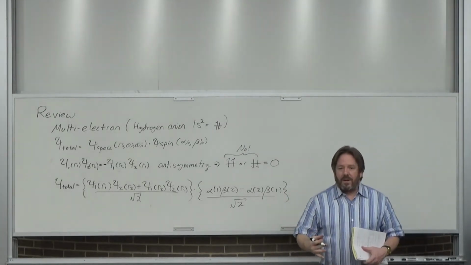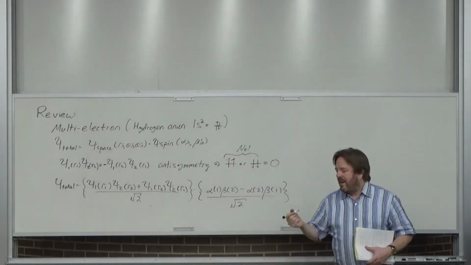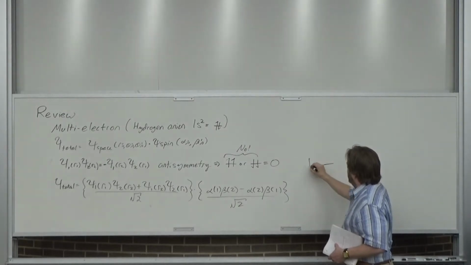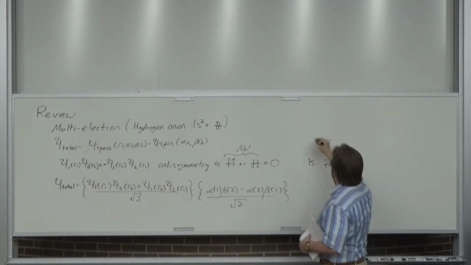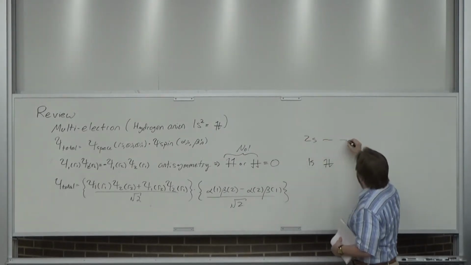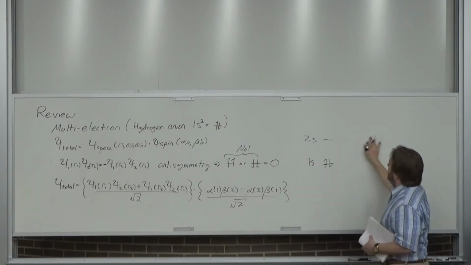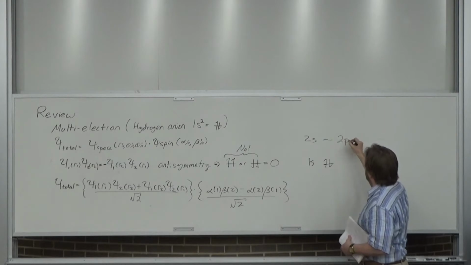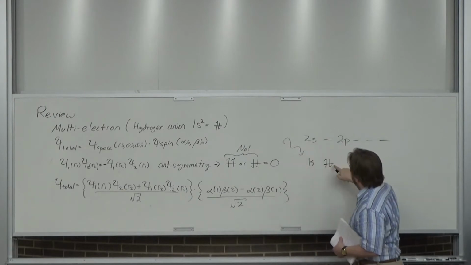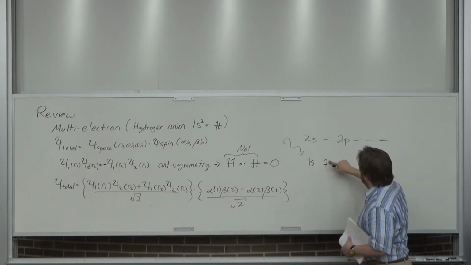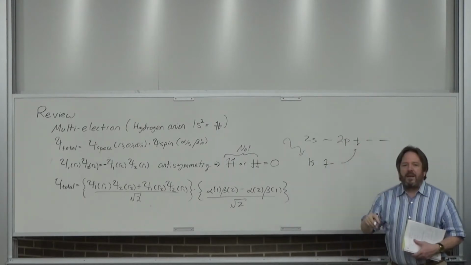Now for today's lecture, we're going to have to cover what happens when you don't have such a simple configuration. So let me give you an example. Let's say that we start in the 1s state. Again, we have a hydrogen anion, and we're going to shine light on it. Now you know that the other electron won't go to a 2s state because you have to have a delta L of +1. So if I shine light on this, then one of the electrons, let's give it the spin down, will get excited to a 2p state. So let's say it goes up here. Okay, so there you go.